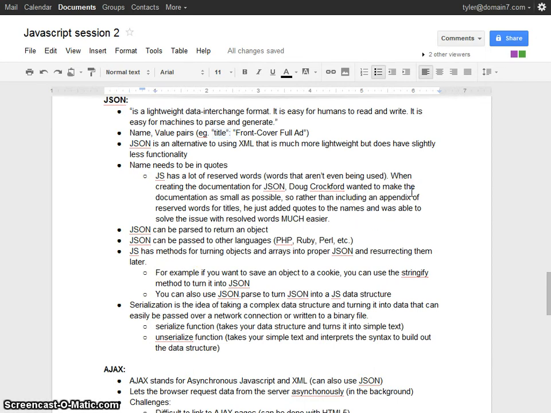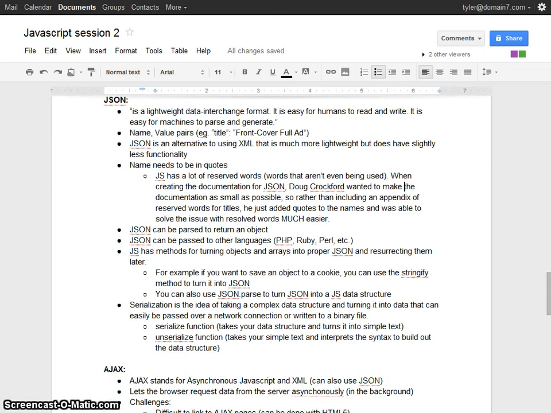So the beauty of JSON is that it can be parsed and it will return an object. JSON can be passed to other languages. So for instance, we can pass it to PHP, and PHP has functions like JSON_decode and JSON_encode.